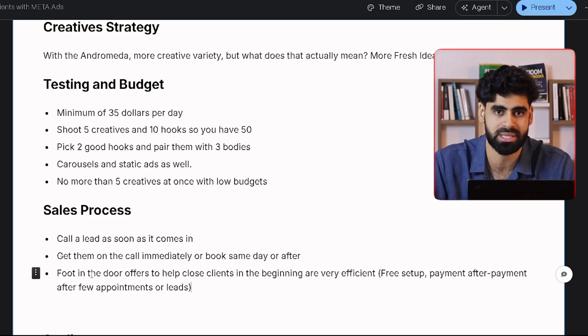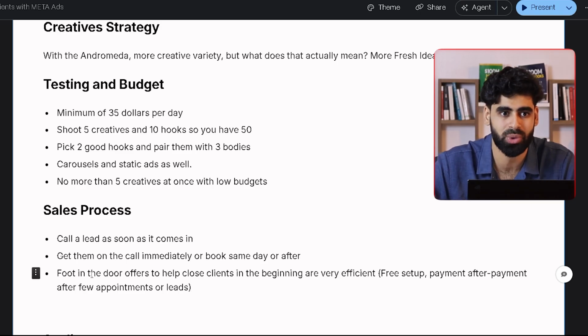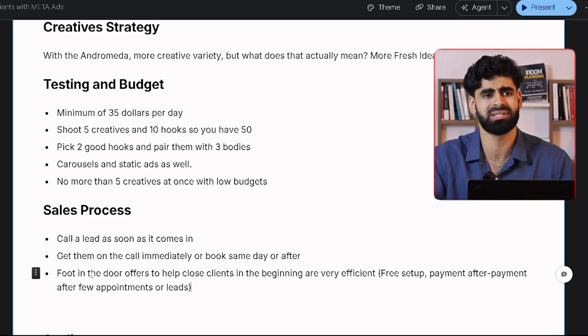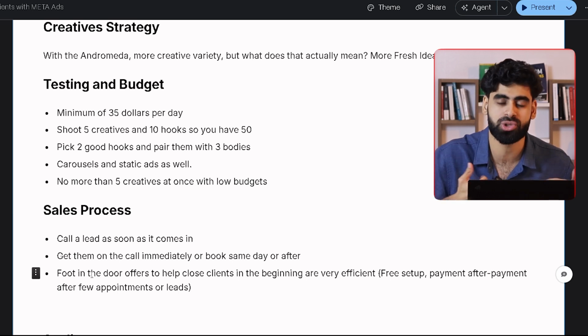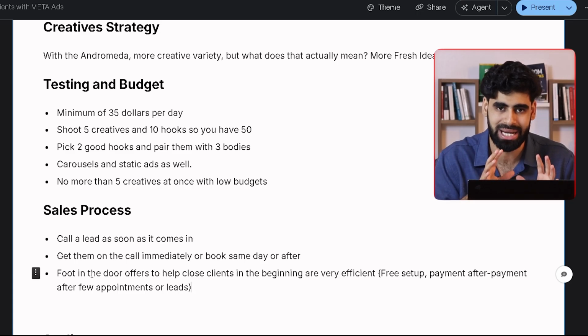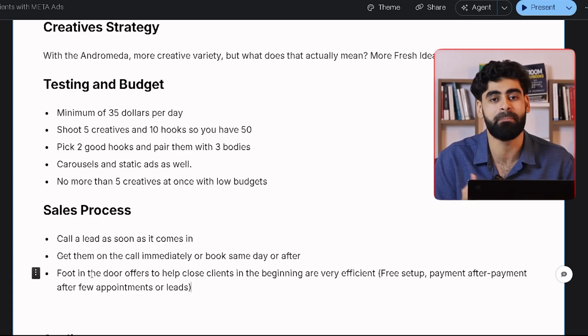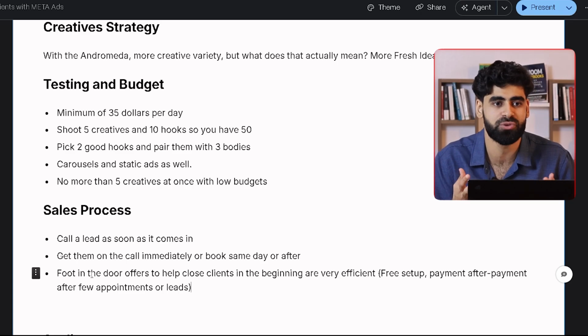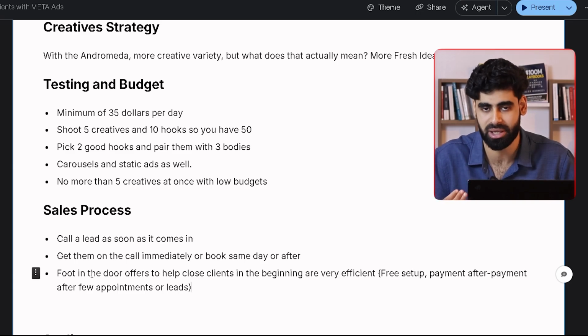Because at the beginning you have no testimonials, you have no confidence. So getting people to pay you upfront, of course it's doable, and I've had students that I've coached do it all the time, but I'm just saying that if you want to make more money, you basically want to have offers that are appealing and compelling, because people love to get started with something and not pay, which is why